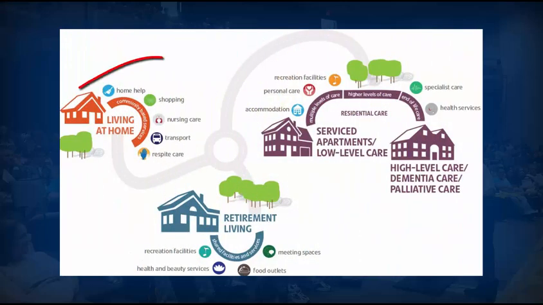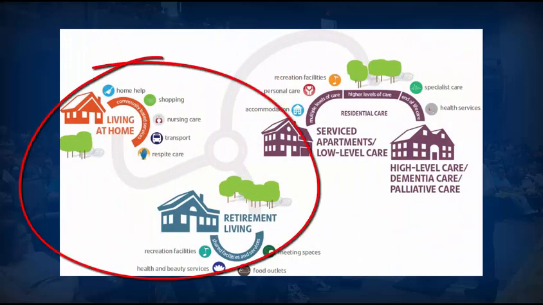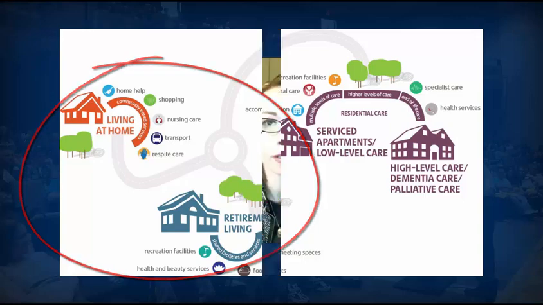There are two types of environments where we see long-term care services being offered. The first one of those is our community-based long-term care services. There's four main goals behind community-based long-term care, and the first one of those, and the overarching goal of community-based